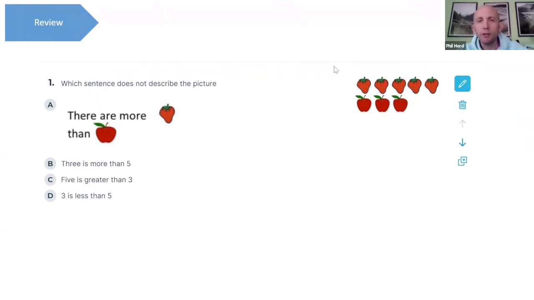Especially if we're talking with the younger ones, they haven't necessarily got the reading skills, but they will be able to use that picture to help them. So there we have a multiple choice kind of question. The next type